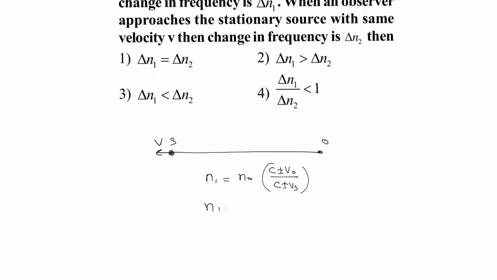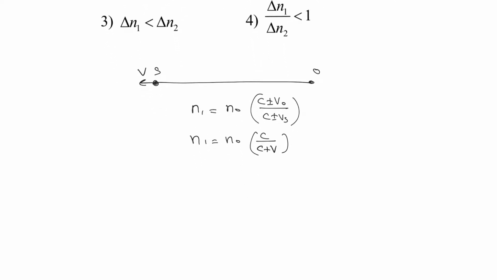Here the observer is at rest, so we can write the equation as c divided by, since the source is moving away from the observer, the apparent frequency is going to decrease. So we write it as c divided by c plus velocity of source. The value of delta n1 is basically the difference in frequency. As the frequency is decreasing, we write it as final frequency minus initial frequency,